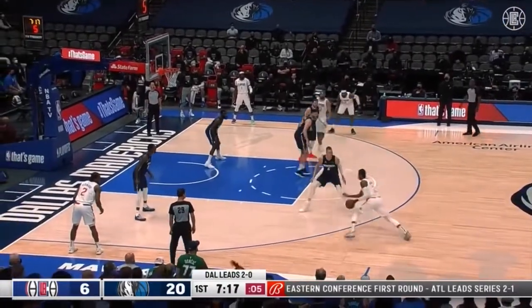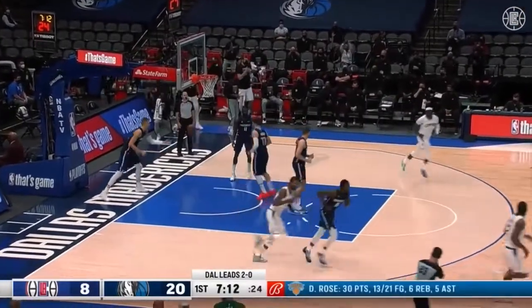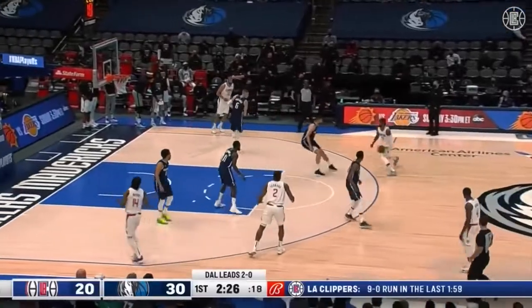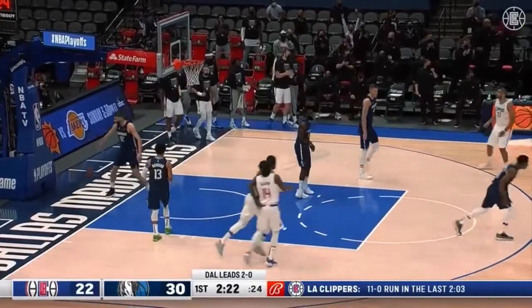Late in the clock for Paul George. Accelerates down the lane. Oh, bouncing into defenders and lays it in. He got to the rim 14 times in game 2. Something that lacked the first few minutes. George gets deep into the paint, puts it deep into the well. Here we